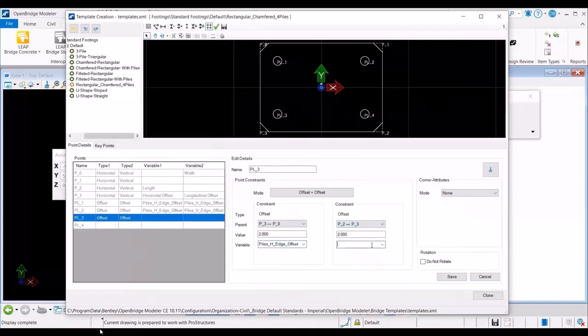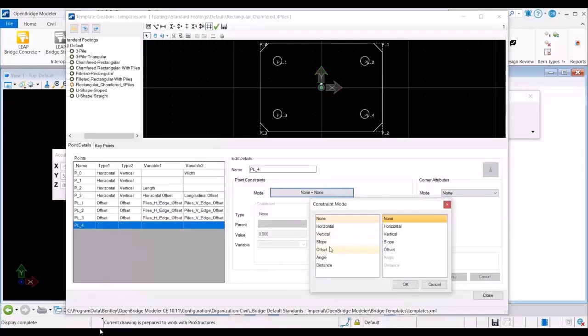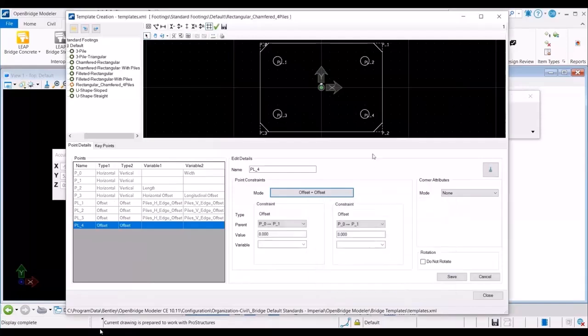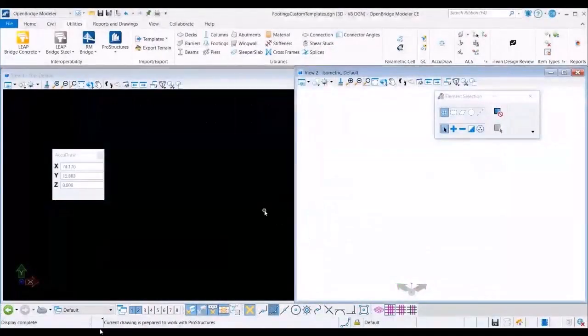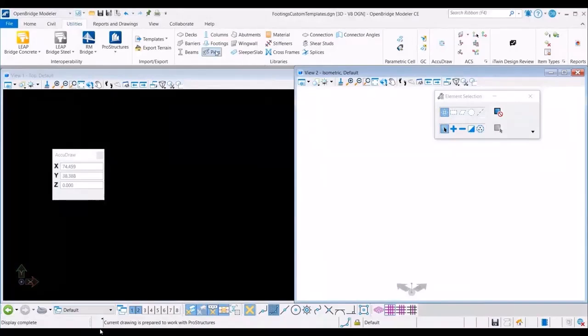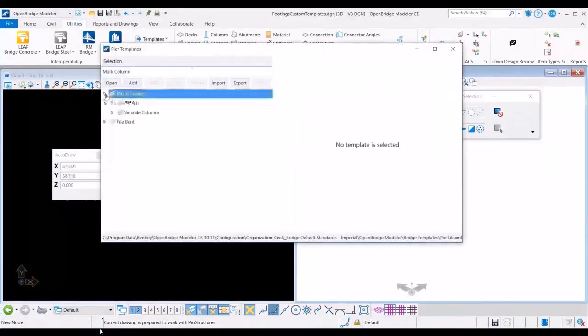So this is going P3 and P0, for example. So, well, right is going to be positive, right, at that direction, right? And vertically is P0 to P1, for example, the last entry. So P0 to P1, so to the right of that line is going to be plus as well, right? So just be careful with that orientation. Then again, I just define my footing with the chamfer with 4 piles locations, right? So done. So then when I go place my bridge, right, place a pier, I should have now the option to